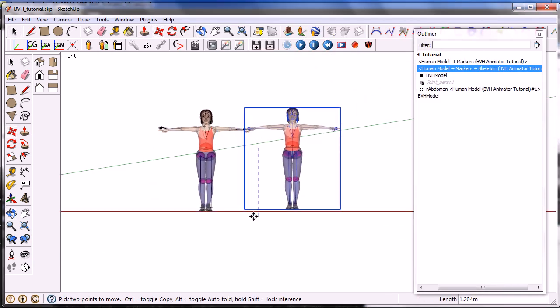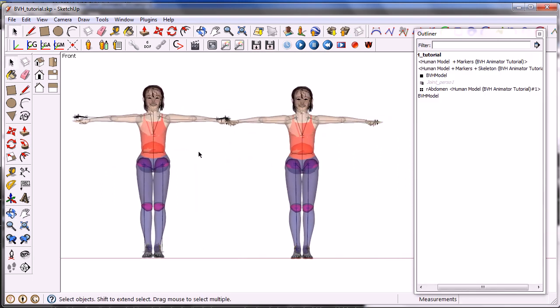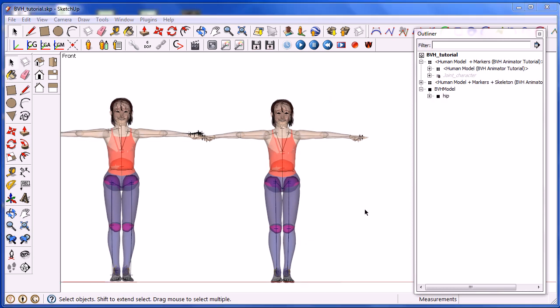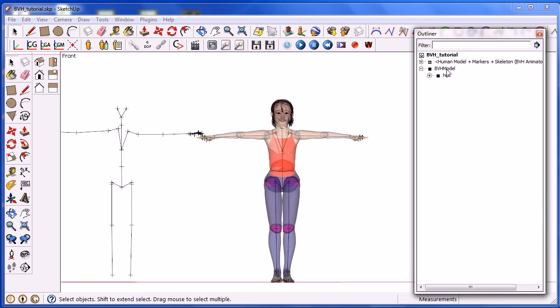Place it next to the previous model. You will see that all the joints of the skeleton of this new model are correctly placed. Now you can use the outliner window to delete the previous model and its skeleton.